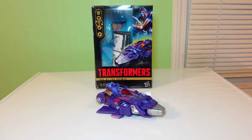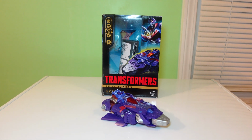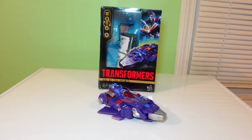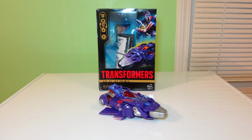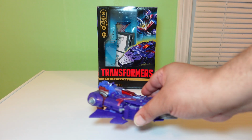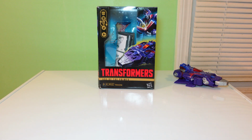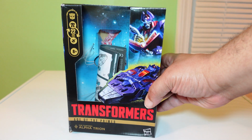So first things first, as always, we always go over the packaging. Give me one moment here to get my... Ooh, my camera's not green. The heck? Jeez. I literally have to take this off of the module. There we go. Okay, we're straightened now. Let's take a look at the box first, and we'll go over the vehicle mode next. And of course, I will be hitting my focus button a lot because I saw in my last video I was out of focus. But here's the packaging right here, and basically...